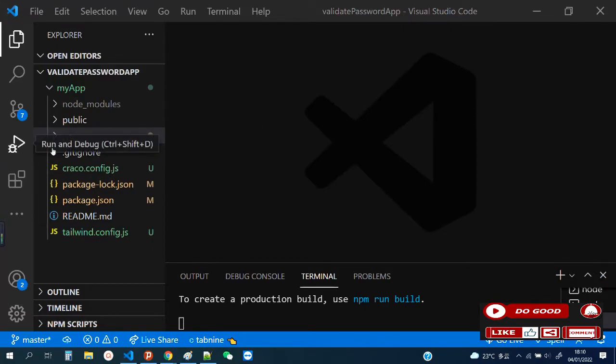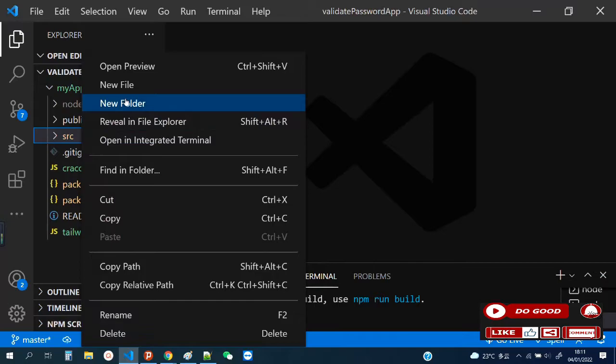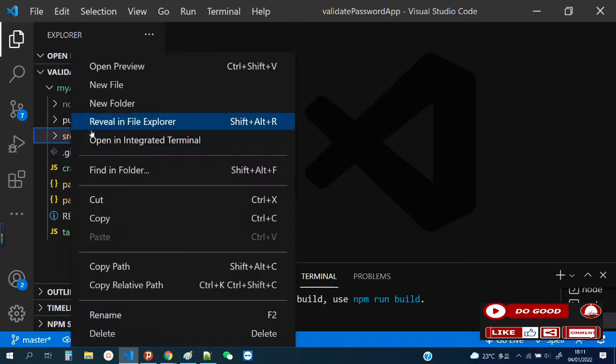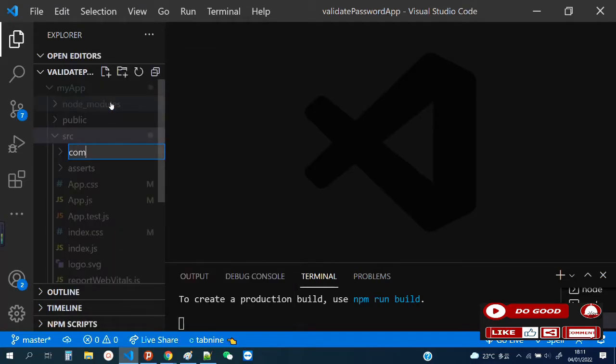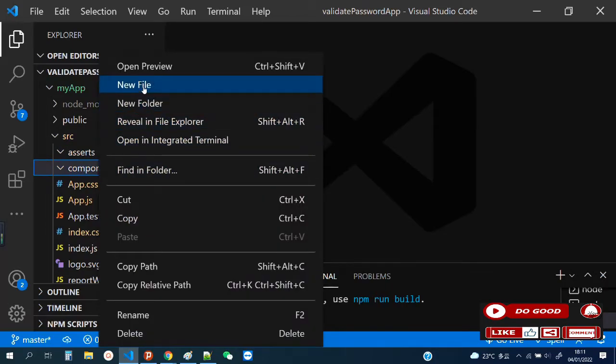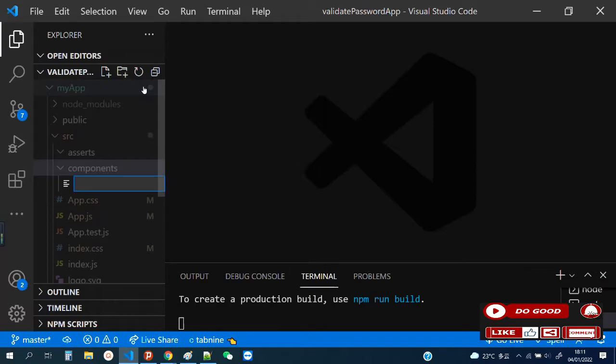Thank you very much. Let's begin by creating two folders in our SRC folder. Call the first one assets, then call the second one components. Now let's take the first one, assets. In this project we have no spinners or images, so we leave it blank. Go to the second one, components. Let's create a file and call it phone